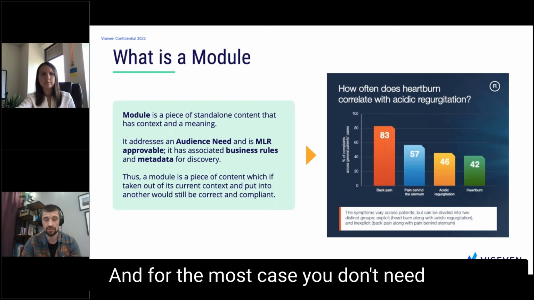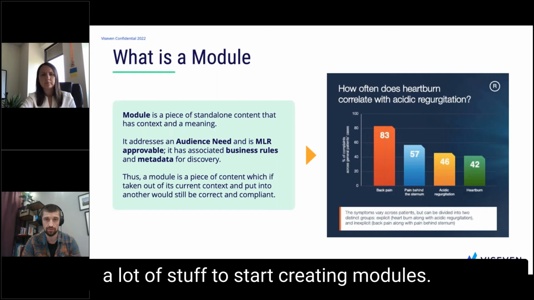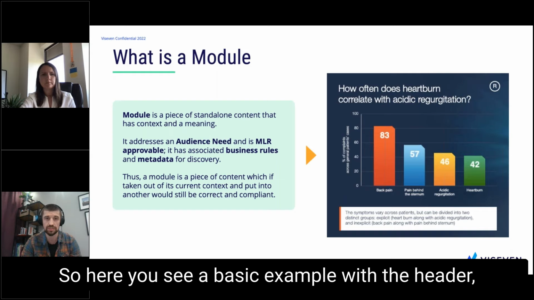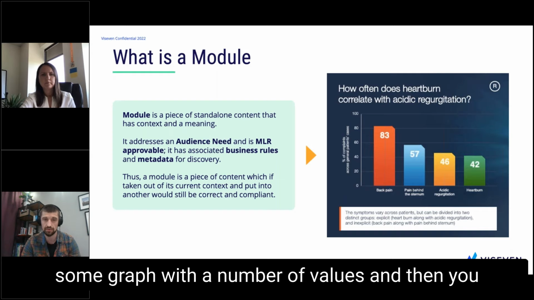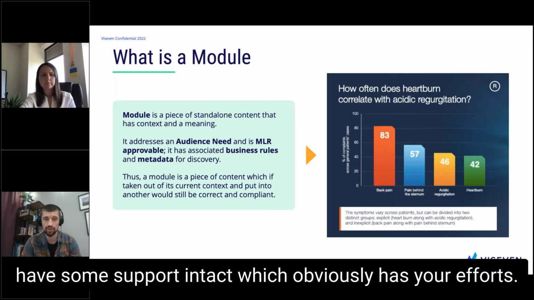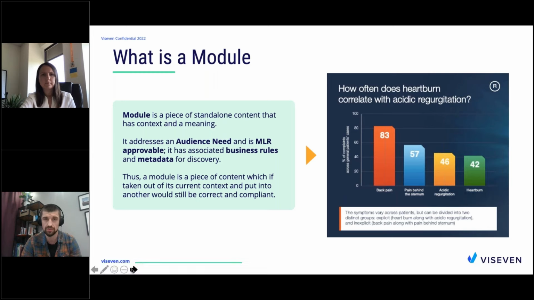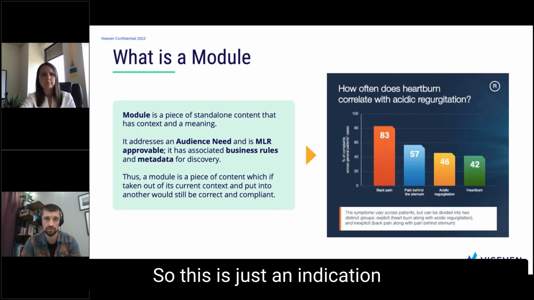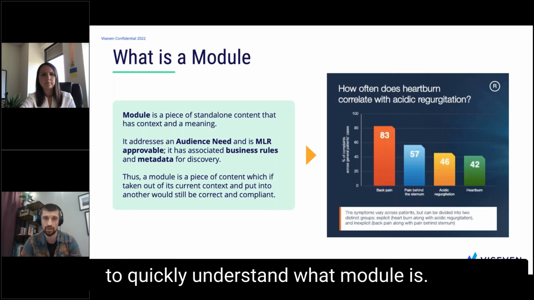And for the most part, you don't need a lot of stuff to start creating modules. So here you see a basic example with a header, some graph with a number of values, and then some supporting text, which obviously has a reference. So this is just an indication to quickly understand what a module is.